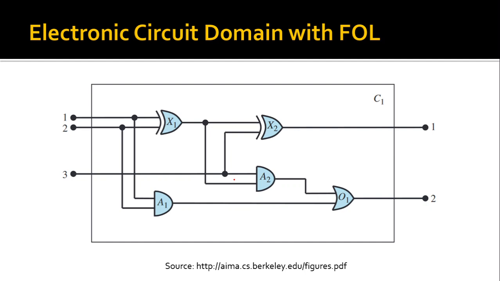Artificial Intelligence: A Modern Approach. So this example concerns an electronic circuit consisting of XOR gates, AND gates and OR gates. So we have got three types of gates here, and this circuit has got three inputs: input 1, input 2, and input 3, and has got two outputs: output 1 and output 2, and the name of the circuit is C1, right? And you can see by looking it is a kind of modeling an adder circuit. So it is an adder circuit